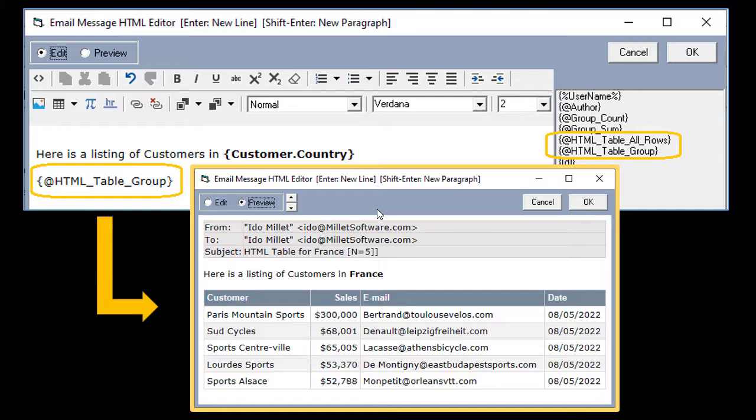VisualCut can take your report's data and capture it into two types of HTML tables. HTML table all rows is a token that refers to the HTML table for the full report's data, and the HTML table group captures the data for each group, so you can burst it, like in the case that you